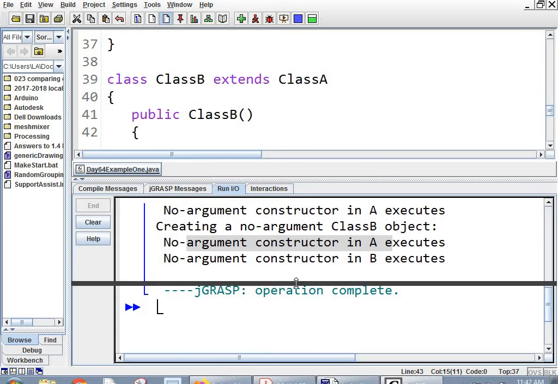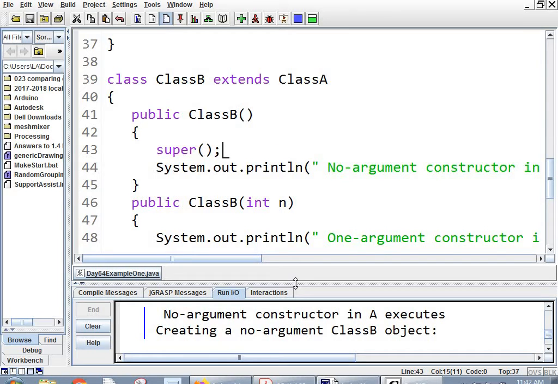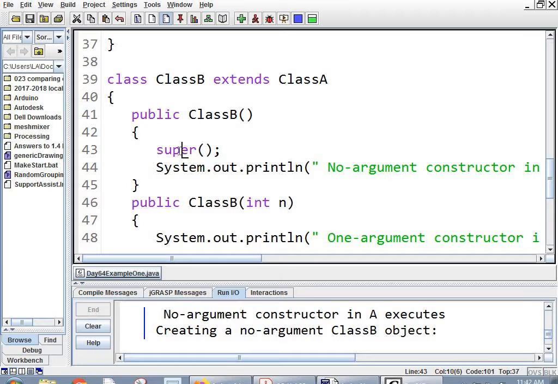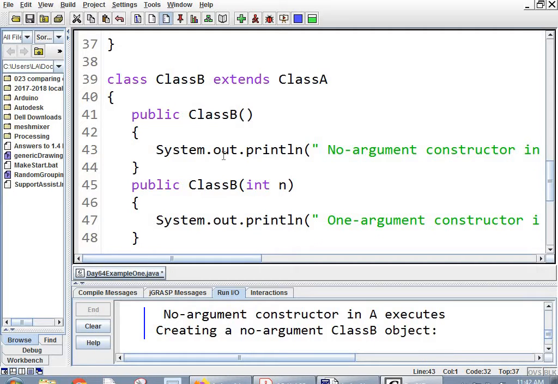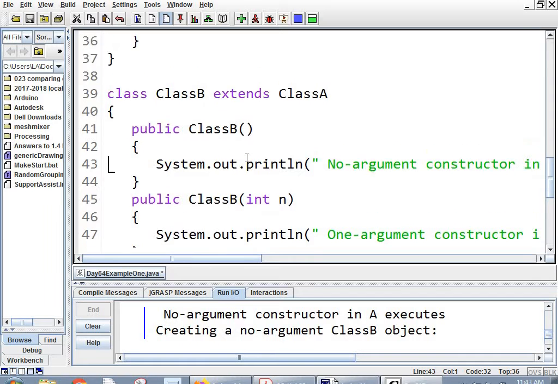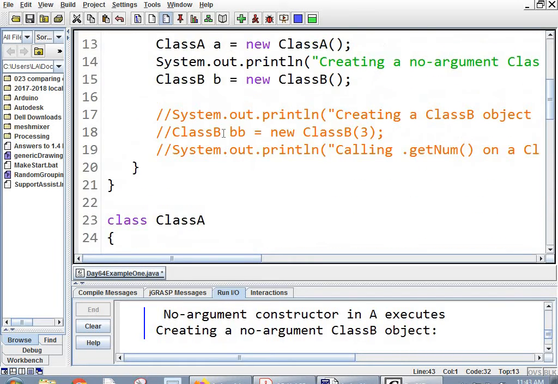You can't get around it. When you have a child class, it's going to call the parent constructor one way or another. Either you're calling it or it's going to call it for you. And when it's a no argument constructor, it doesn't matter. Just let them do it for you. No problem. But when there are possible arguments, you need to send the right arguments up to the parent. And we're going to do that next. So let's come up to the top here and